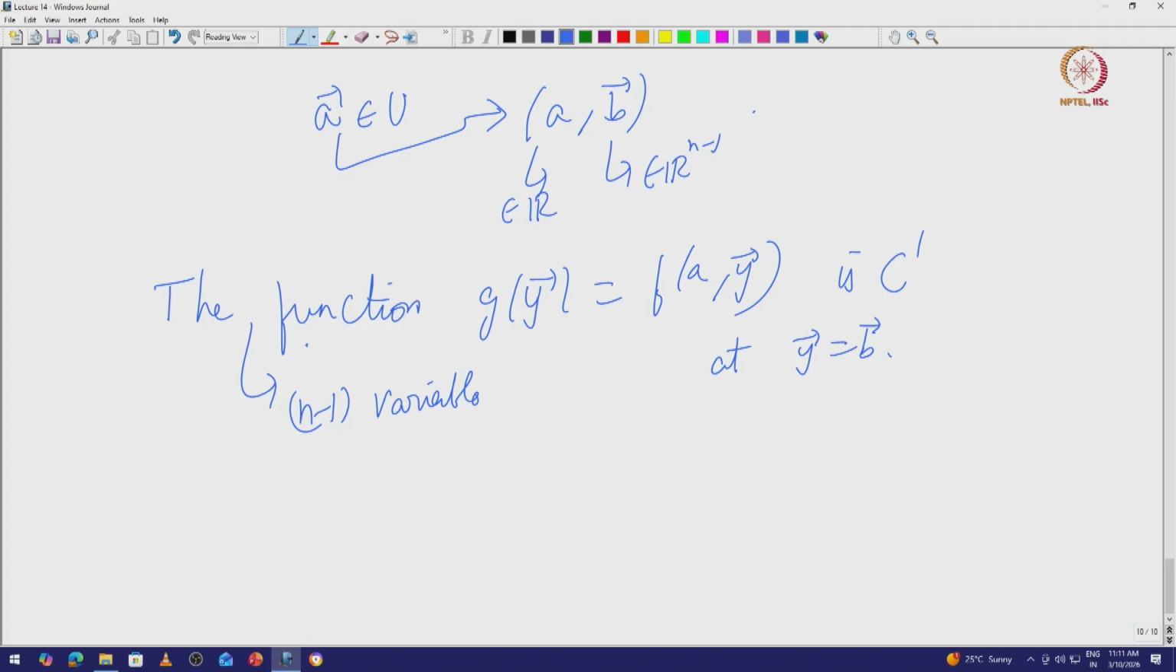Why is it C1? What does it mean to be C1? The partial derivatives of g exist and they are continuous in a neighborhood of y equals b. Indeed, this is true because the partial derivatives of g are precisely the partial derivatives of f with respect to y. And by hypothesis, they exist and they are continuous. So which means